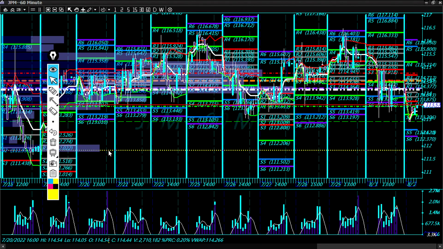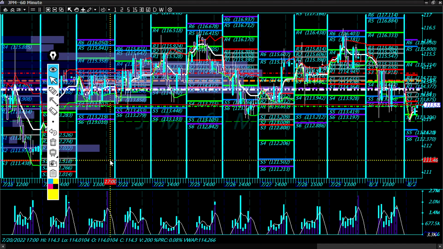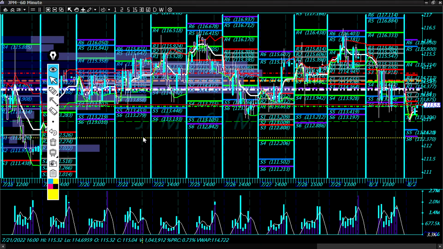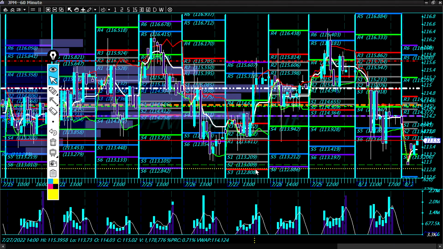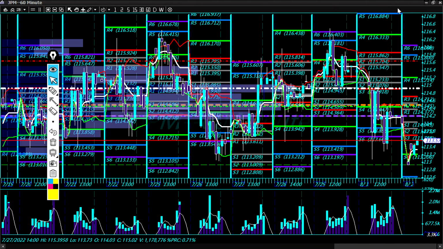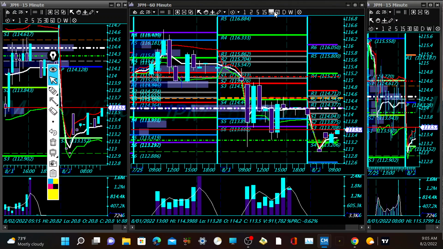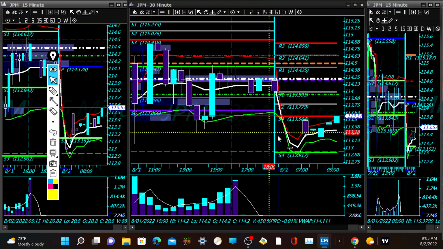Let's see if we have anything else here. We have a low down here at 111.43. So all these are little targets. S6, S5, 112.37. S5 is at 112.60. So all of those are targets for the short, right? All right, so we're already back at S3. So let's see what's happening here. Probably some bullish action going on in the QQQs or the SPY. Yeah, so the SPY had a little push up right there. We're above VWAP, and QQQs is still below VWAP.